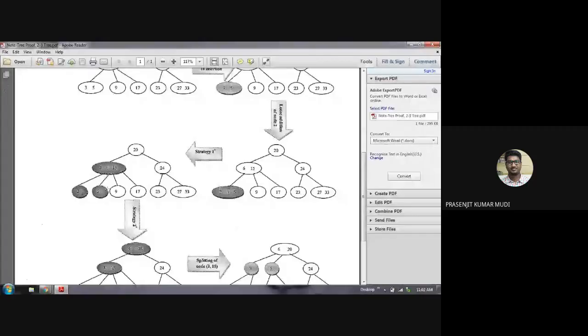That median value is going to the parent node. As you can see in this figure, it is placed just before 6. It is split into 2 different nodes. One is 2, another is 5, which you can see. So this is strategy 1. Repeating again.